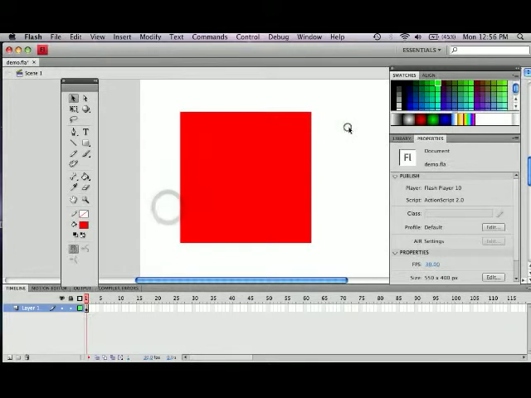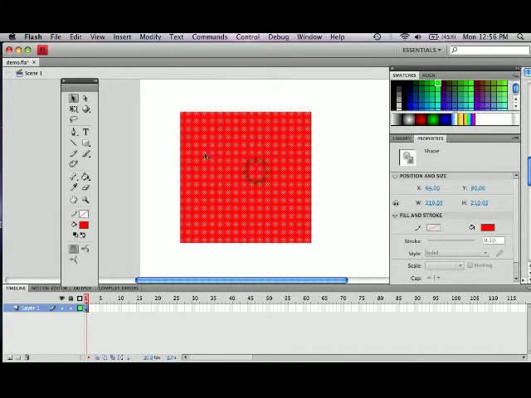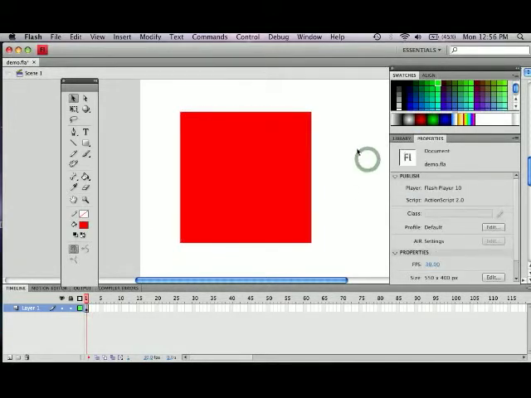Now back to the shape. Now again, remember, when you click a shape, you get the white dot pattern. But the cool thing about shapes are you can warp them and create different shapes out of them. So if I roll over the side of my square here, look at my arrow tool. It's getting a curved line next to it. What that curved line is an indicator of, if I click with my mouse and pull, I can warp this